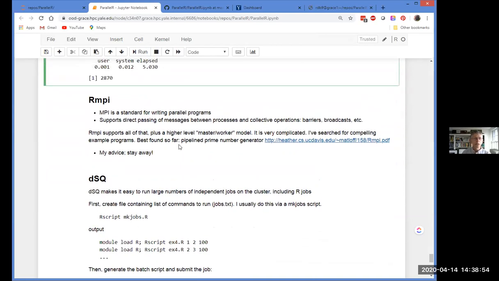I mentioned at the beginning the R-MPI library. So what is this all about? MPI is a standard for writing message passing parallel programs.